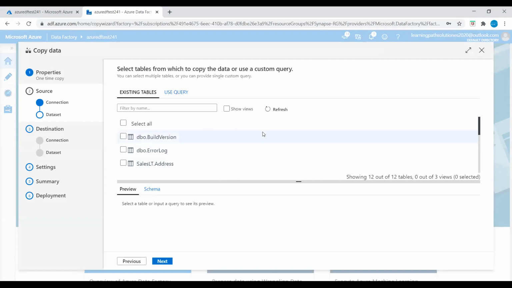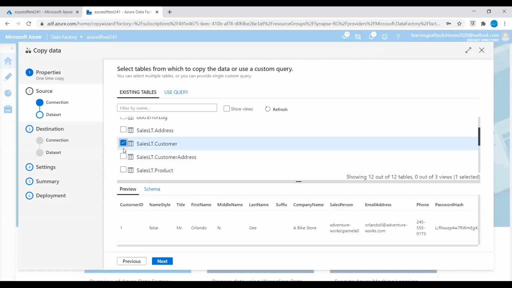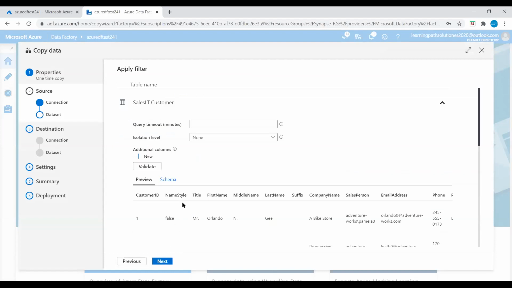Now we have all these tables available, so I will just choose a sales customer table. I want to move this table to Azure Synapse. So let's select this table, customer table, go to next,